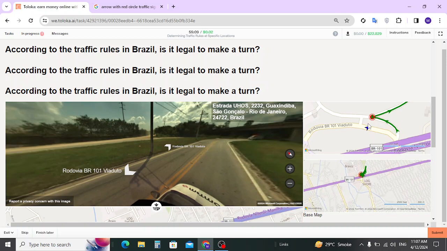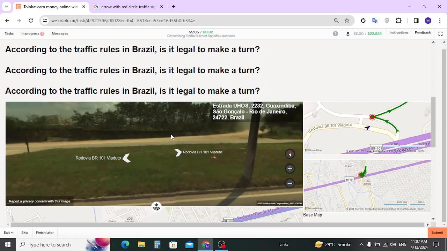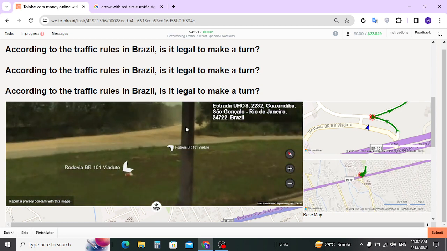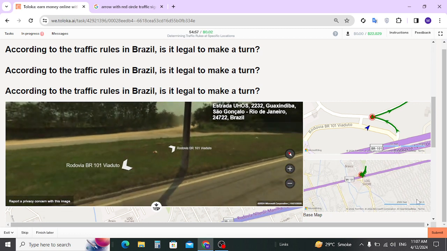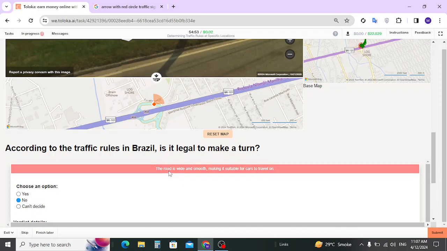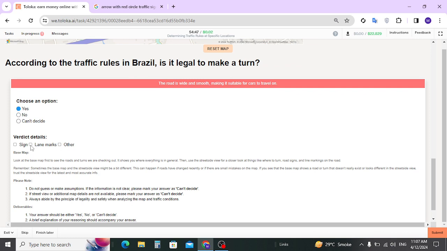Basically it is asking here, we are straight opposite to that point. It is asking if we go from that way, enter from that way, either we can turn here. Basically this road is under construction, but don't know why. I think there is some mistake. The road is wide and smooth, making it suitable for car. Okay, if it is going for